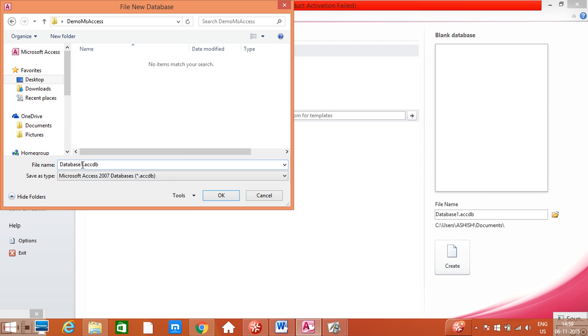Now I want to give the name of my database. You can check here, the database is stored inside this folder and here I can give the name of my database. Let's say I want to give the name college database.